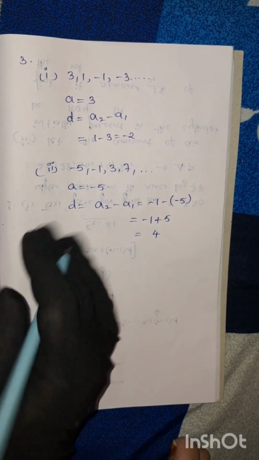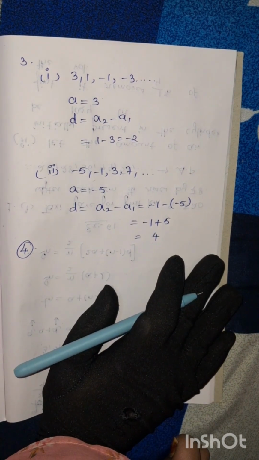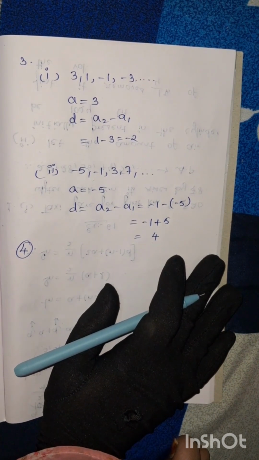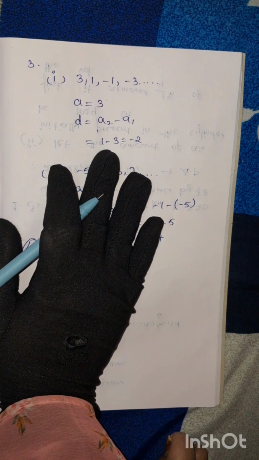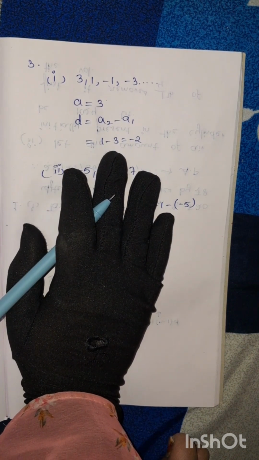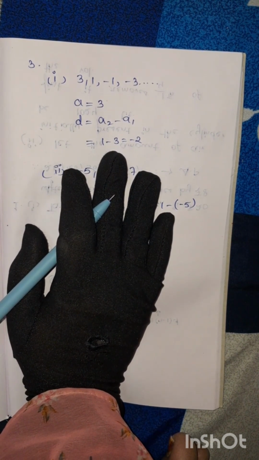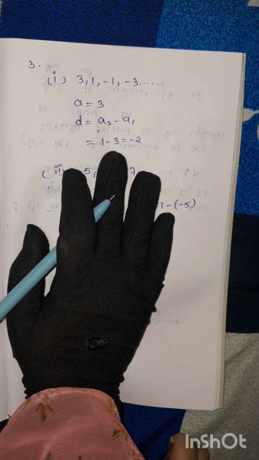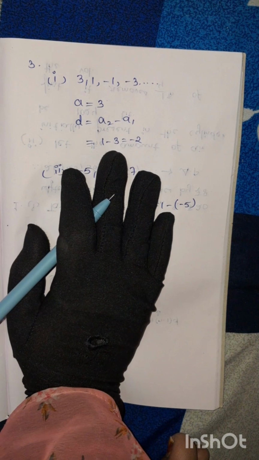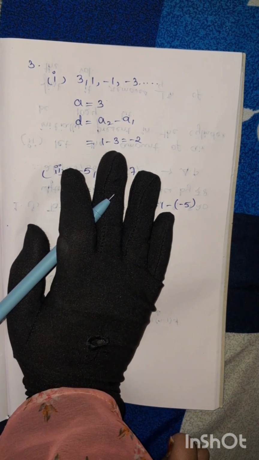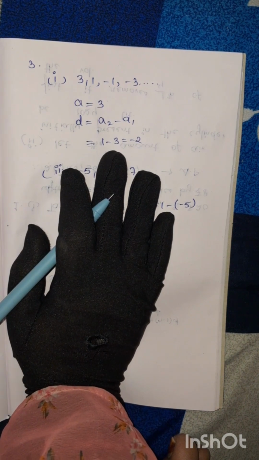Let us see question number 4. Here, which of the following are AP? If they form an AP, find the common difference and write the next term. So you have to find out which one is AP and which one is not AP. For finding AP, you just need to see the common difference. In the series, you have to see whether they are moving, like first number is 3, second number is 5, third number is 7, so 2 difference. If the first number is 5, second is 10, third is 15, the difference is 5, 5, 5, it means that is an AP. If the difference is not equal, then it is not AP.